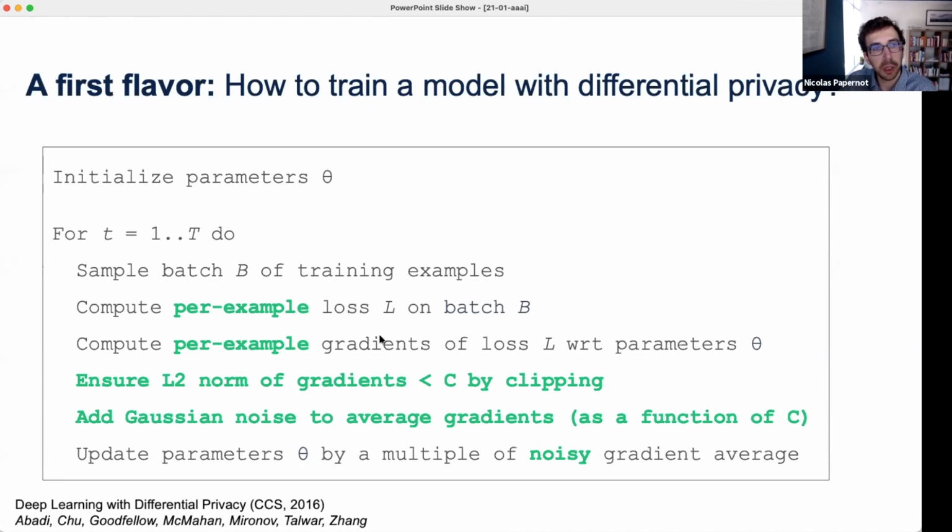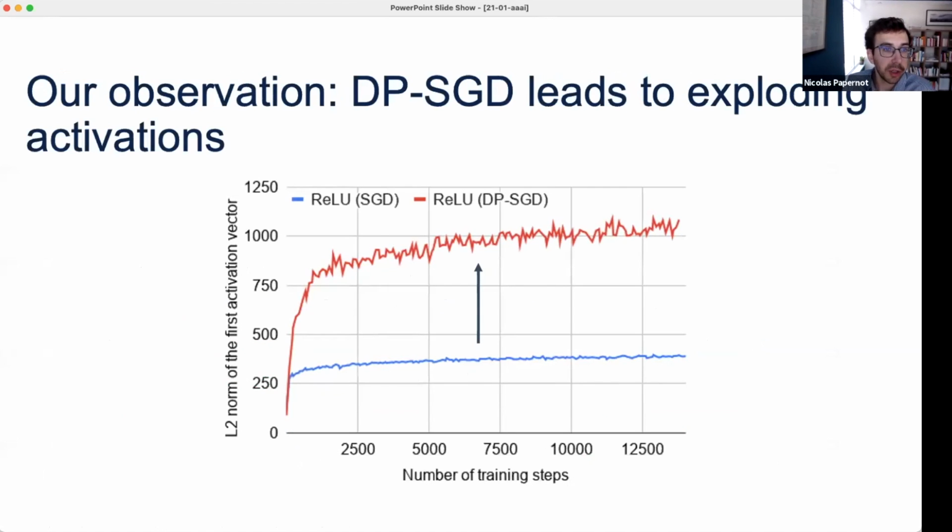What this means is I know each contribution from each training example to our model update. I'm going to clip each of these gradients to limit how sensitive my learning algorithm is to the training data, and then add noise to the average gradient before I apply it to protect privacy. And so if I do these two simple modifications, I get a version of stochastic gradient descent that is differentially private, right? And so we can deploy this, and we've done that on a wide series of